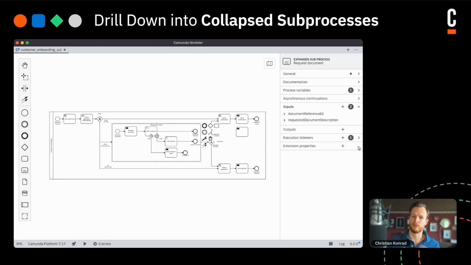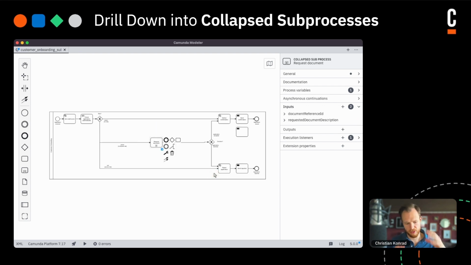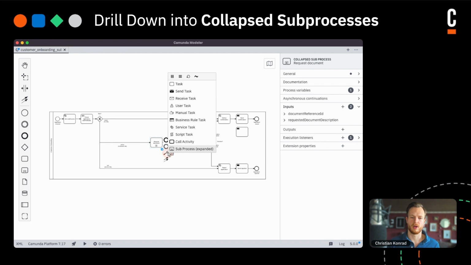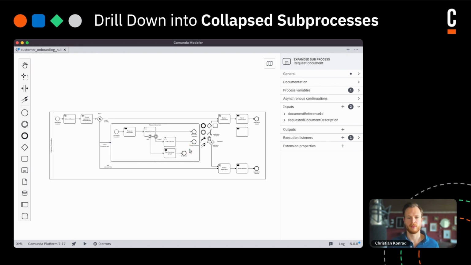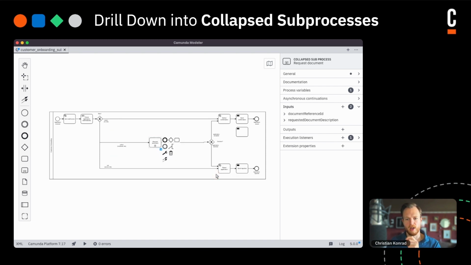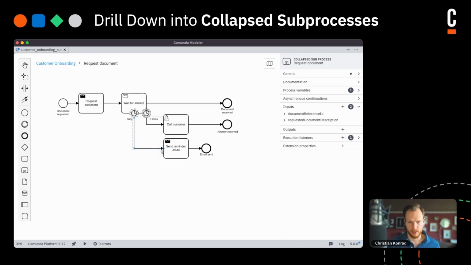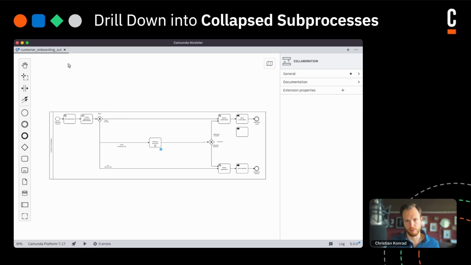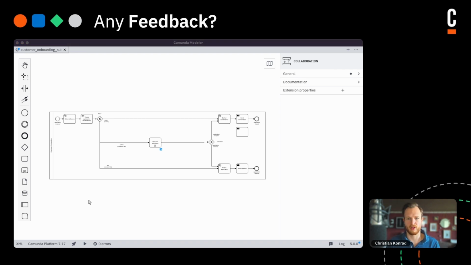As part of our Modeling Excellence theme, we are now introducing drill down into collapsed subprocesses for this purpose. To simplify your models, while preserving the power and logic of the model, you can now convert subprocesses into collapsed subprocesses with a few clicks, and back again in the same way. These collapsed subprocesses can now be opened again with a single click and viewed and edited in isolation. You can now model processes of any complexity without losing the overview and being limited by the size of the canvas. We are now at the end of the presentation of the new Modeler 5.0 release.